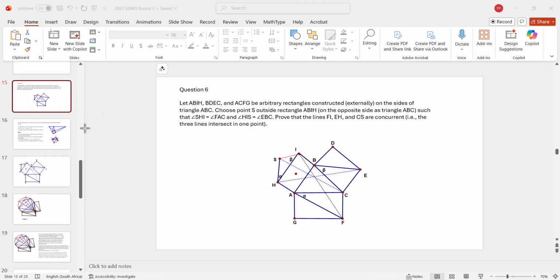And they found, yes, you do have a concurrency theorem where you have to repeat some angles. If you take this angle here, which is formed between the diagonal and the side of this rectangle, and you copy it on that rectangle there, and you do the same thing, you take this angle here, which is formed between the diagonal and the side of this rectangle, and you copy it on the other side of that, and you join them. This point here, this new point,